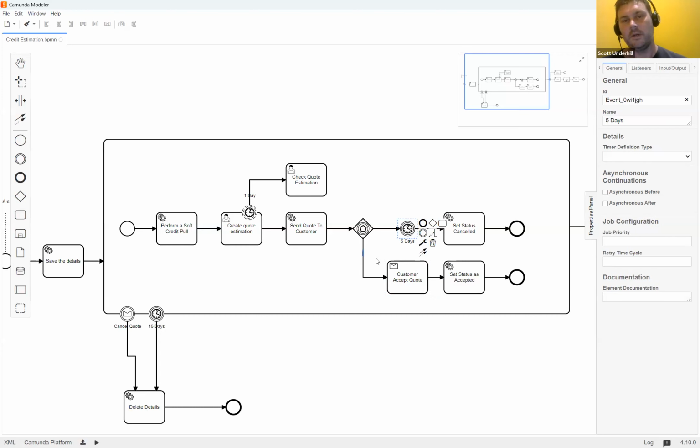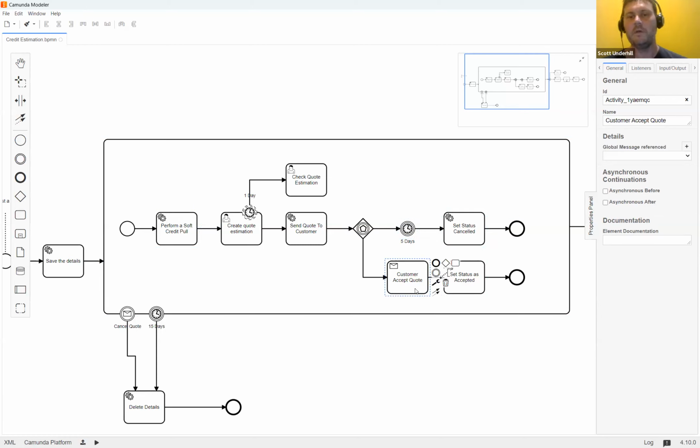In this scenario, if 5 days pass and they haven't confirmed the quote, we're going to set the quote to cancelled. So it has an expiry period. You've done your soft credit pull, and you say the maximum time for that to happen is 5 days. If not, it's going to get cancelled. And where they accept the quote, we're simply setting the status of that quote to accepted. So this is our second common business paradigm that happens a lot, where you need to handle 2 scenarios